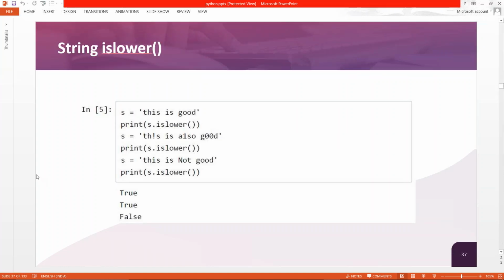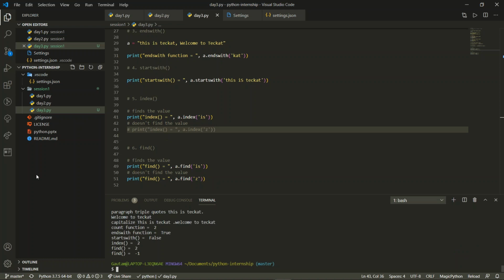Now we move to the next part. It is lower. Now what is lower? As I told you, while handling data we have several things: we want to check if everything is in lowercase or uppercase, or the user may type data in any of the cases. We can make changes. If you want to store everything in lowercase, we take the data, put everything in lowercase and store it in the database. Or else we can take the data, put everything in uppercase and store it.